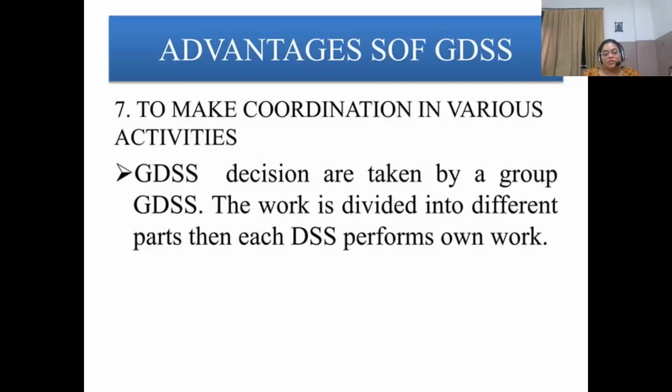सेवेंथ इज टू मेक कोऑर्डिनेशन इन वेरियस एक्टिविटीज। GDSS decisions are taken by a group of DSS. The work is divided into different parts, then each DSS performs its own work. So जितने भी हमारे ग्रुप ऑफ डिसीजन मेकर्स हैं यहाँ पर, वो हमारे डिसीजन मेकिंग के लिए हेल्प करते हैं और इसीलिए हर एक वेरियस एक्टिविटीज में कोऑर्डिनेशन भी हो जाता है।